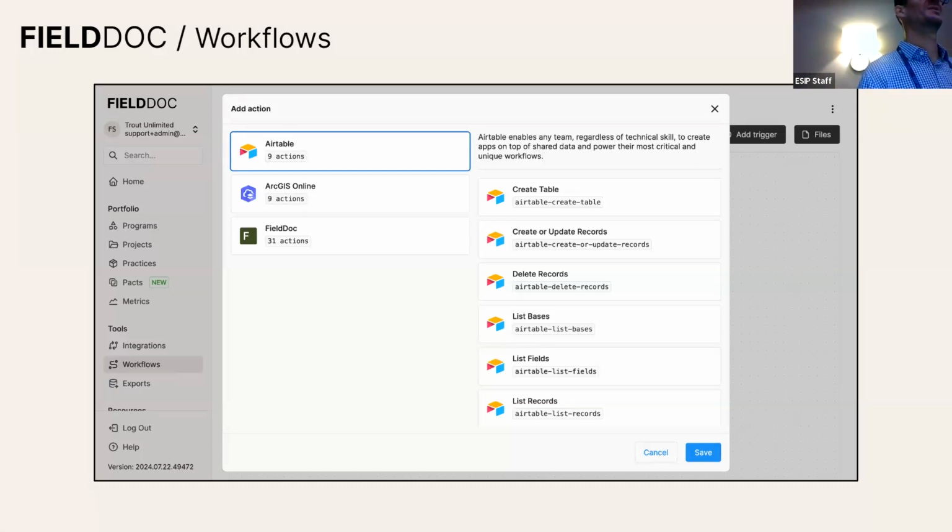initially when we would hear from stakeholders, they'd say, I want an integration with ArcGIS Online so I can sync all my field doc data with ArcGIS Online and make these really rad story maps and visualizations. We're like, okay. But when we got under the hood, we found ArcGIS Online's API supports all of these different utilities that go beyond just sending data one way. In other words, I could connect to an Esri feature service and bring that stuff in, and that's all supported in the API. So the approach we tend to take with these integrations is breaking the API components down into functionality that can be reused.